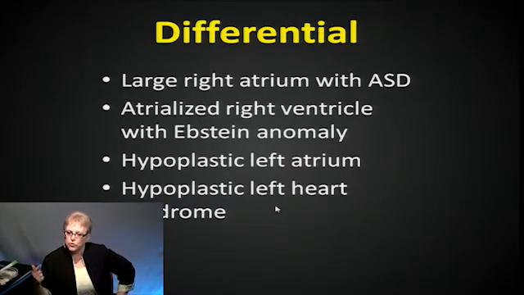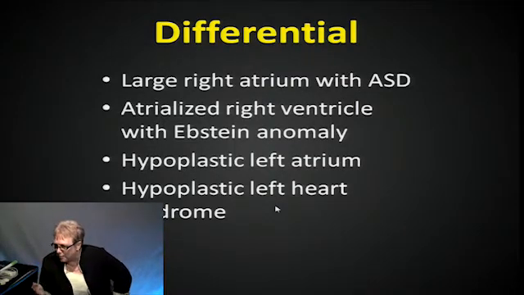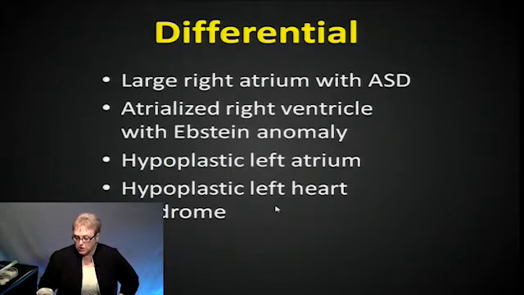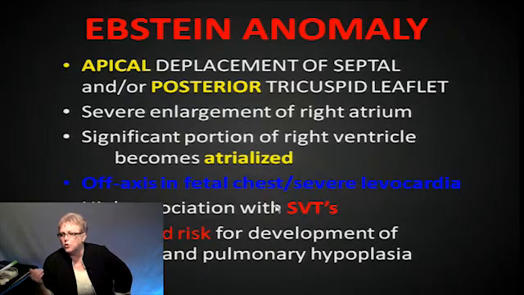So as we're looking through this, one of your first clues that there's a heart abnormality is not just the size of the heart, but that the apex is off axis. About 40 to 50% of your hearts, when they're off axis, there's going to be something wrong. Now you just have to try to track back and try to figure out what is wrong. So looking at those different real times, Epstein's anomaly was the one that was the best, that fit all of